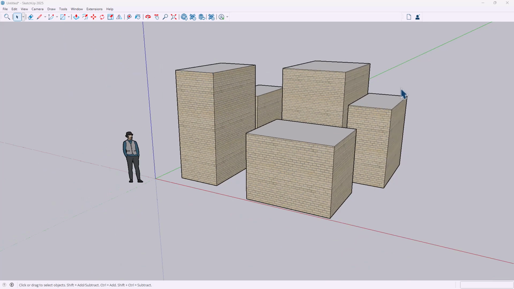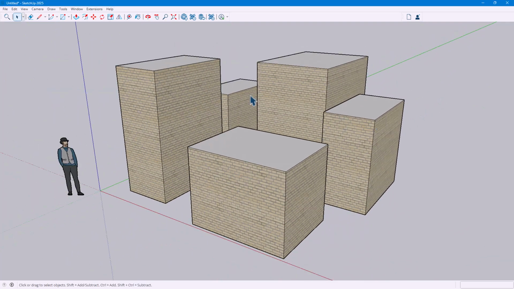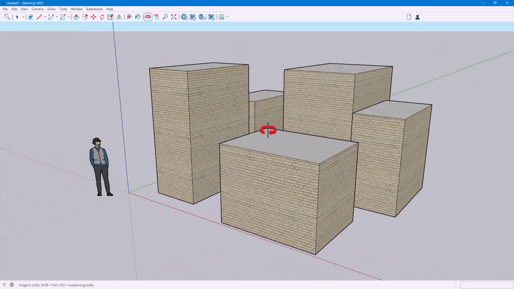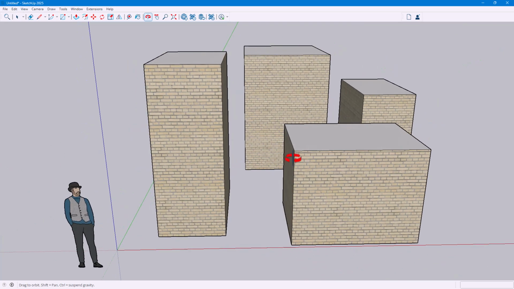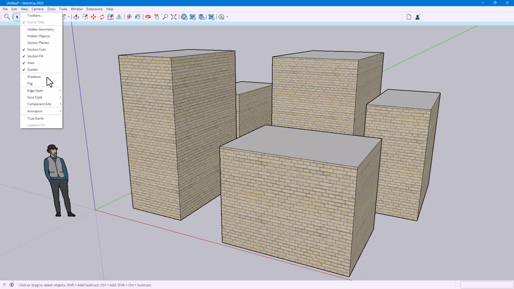So over here, you can see that I have this graphics right here. And right now, I don't see, let's say, for example, a lot of details. I just see the texture and the shape right here. But let's say I want to go ahead and add in a fog to see how it would look in a real scenario. So to do that, you can go over here onto the View menu